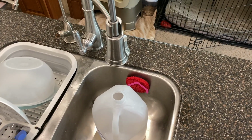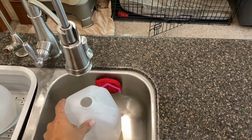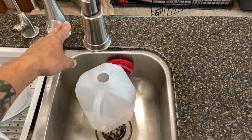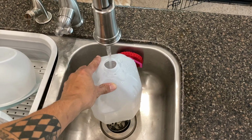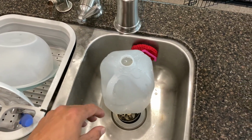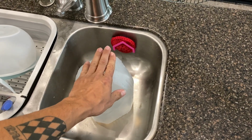Now that we've got the freshwater tank filled up, we're going to go ahead and turn the water pump on, and start to test all of our different sinks. There's a couple different ways of doing this, but what I like to do is use a 1 gallon jug where possible, just so I can measure 1 gallon. So I'm going to start a timer, and start filling this up at the same time. I'm going to time how long it takes using my water pump to fill a 1 gallon jug. All right, so now that I got that time, I know how long it takes 1 gallon to come through